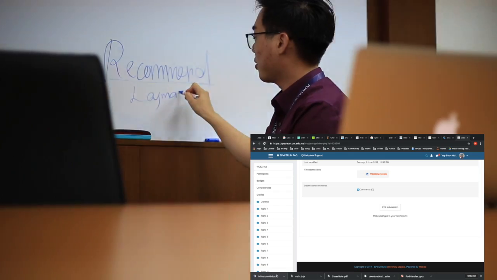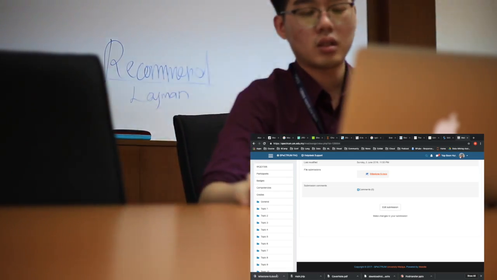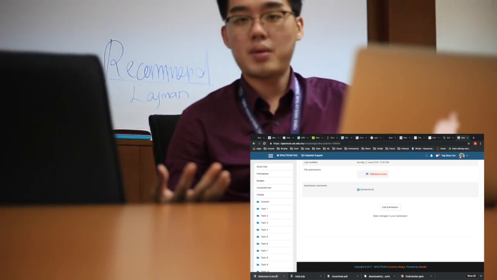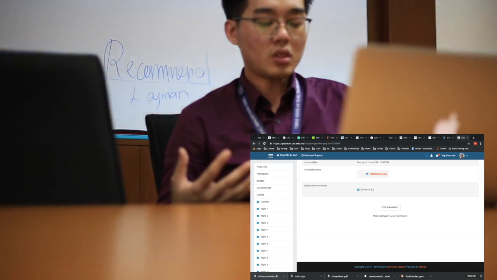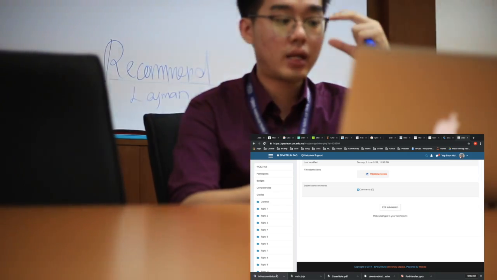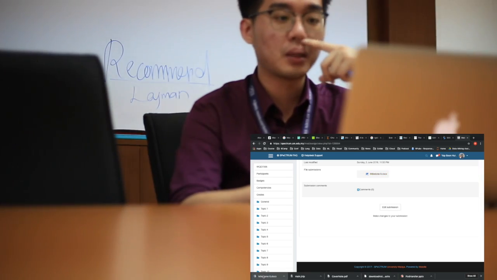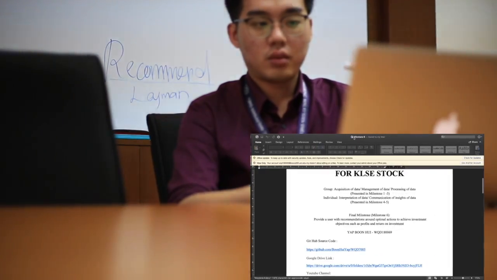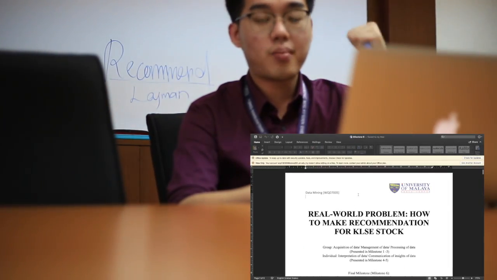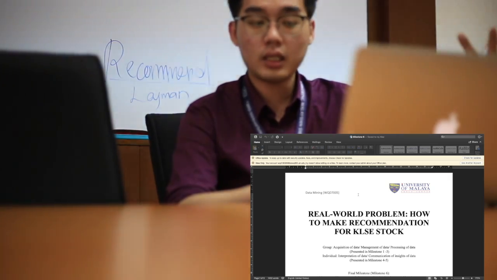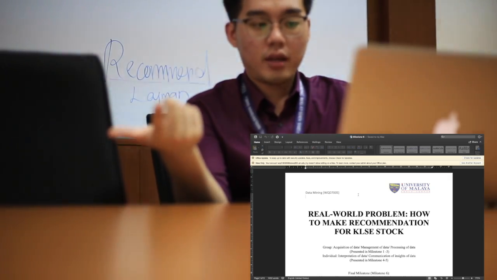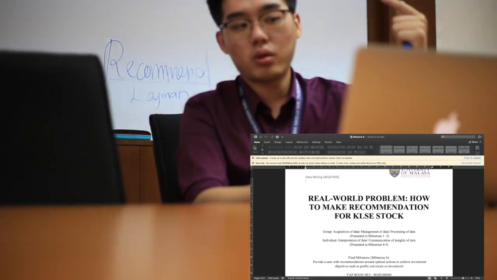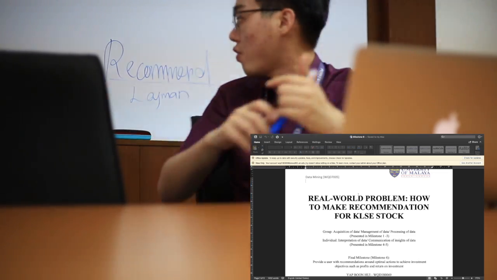As for layman's terms, the Prof always said it means to make a recommendation aimed at normal people, without any financial background or technical background like computer science, so that they could understand what we are trying to do in this assignment. After going through all these assignments from step 1 to 5, from acquisition of data, management, processing, interpretation and communication, in the last milestone we try to figure out how to solve this real world problem,